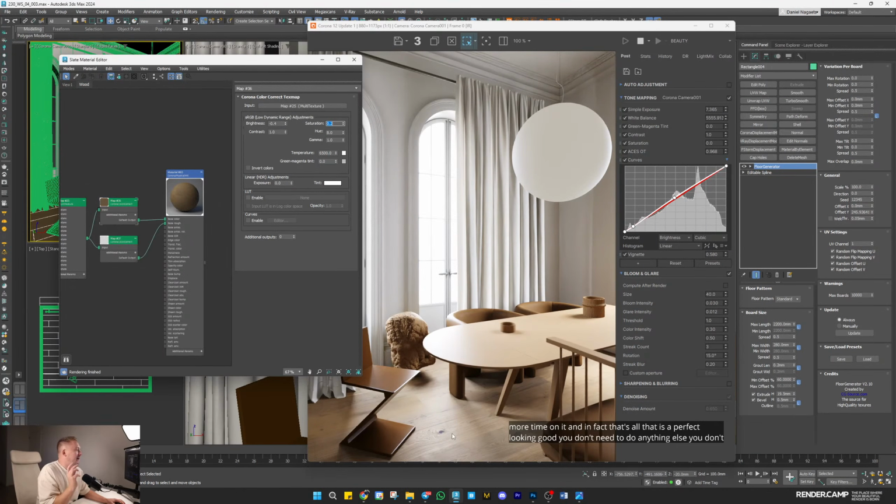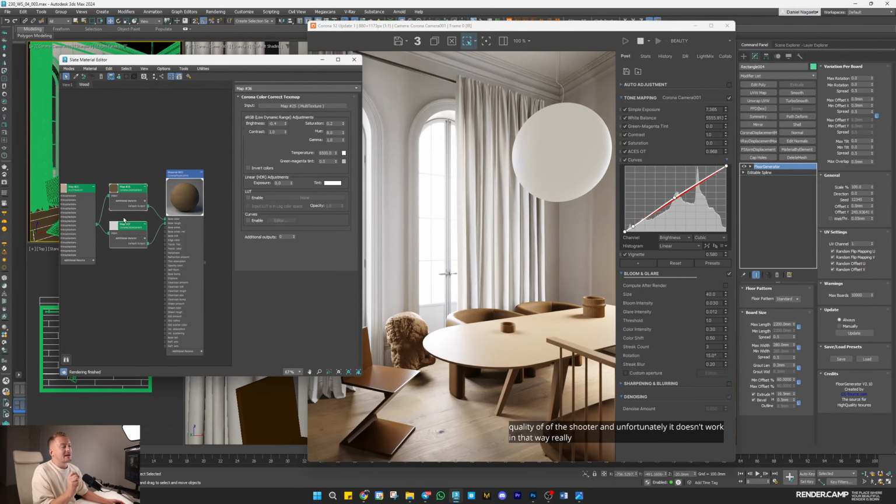You don't need some strange Corona Cosmos shaders. They are awful. You don't need any other pre-built shaders because you expect they should be like more professional. Professional means quality of the shader, and unfortunately, it doesn't work in that way. Really impactful thing, that is composition. How this shader impacts the whole picture,